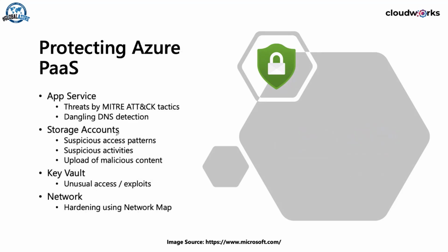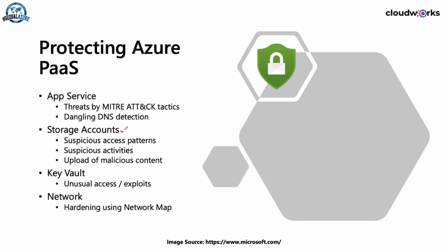And finally, yes, we obviously protect Azure PaaS resources, right? Some of the services covered as part of this include App Service, storage accounts, Key Vault, and obviously your network. We also have certain services in preview like DNS and Resource Manager. Some of the use cases you can think of when it comes to protecting these resources could be, let's